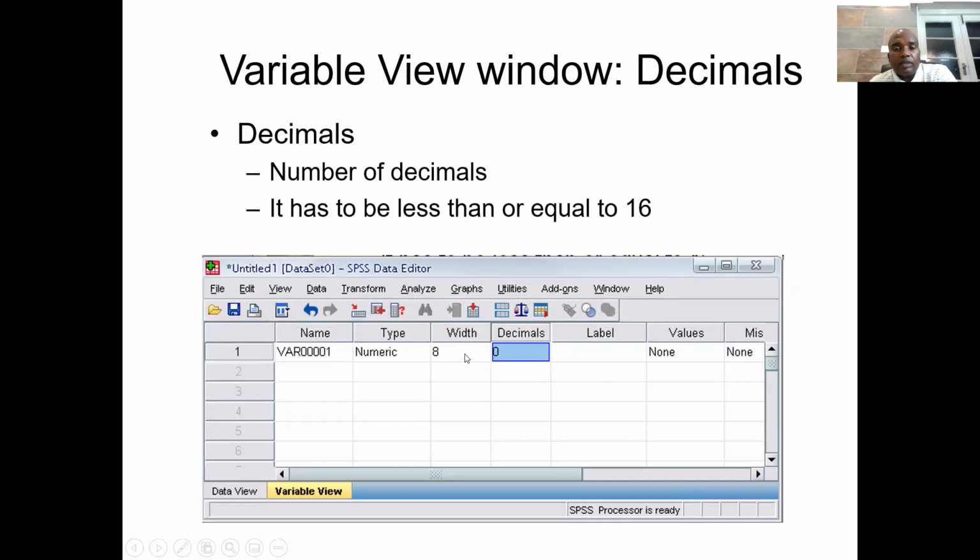And then the normal width is given as 8. You can adjust that. And then decimals, these are the number of decimal places that are allowed. It has to be less than or equal to 16. So you can have up to 16 decimal places to take care of maybe a 10 millionth or a millionth